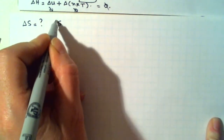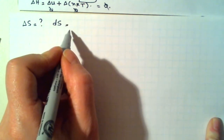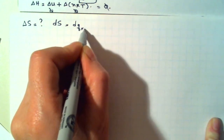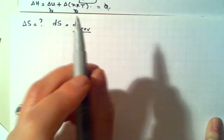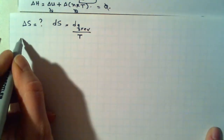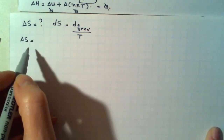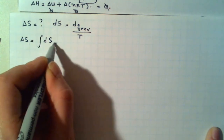Yeah, it's usually a good idea to go back to the thermodynamic definition, first principle. And it's the Q reversible over temperature. Yeah, and we have the Q reversible. Okay, so of course delta S, and you don't have to do all of this out in detail, but again, this is a tutorial. So I integrate,